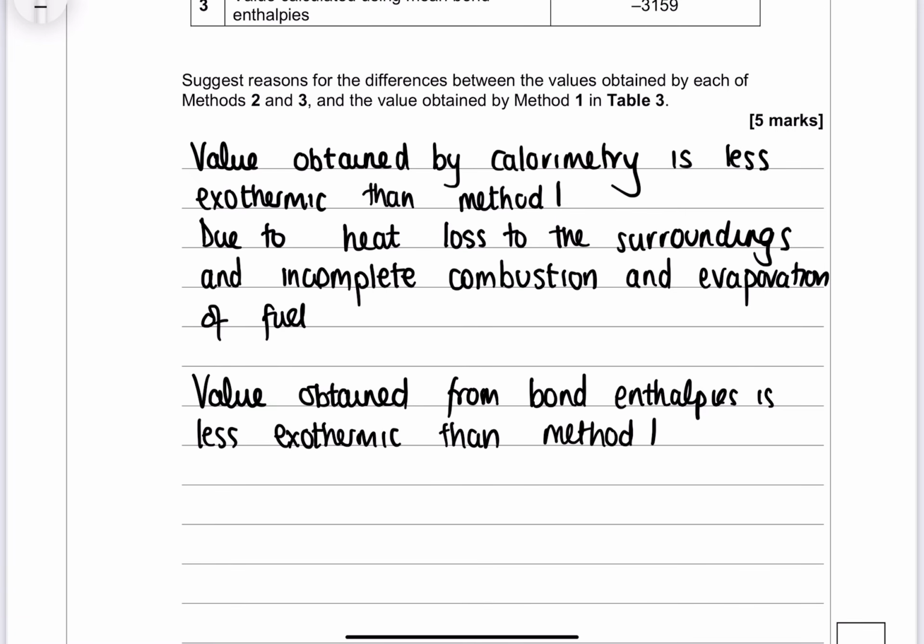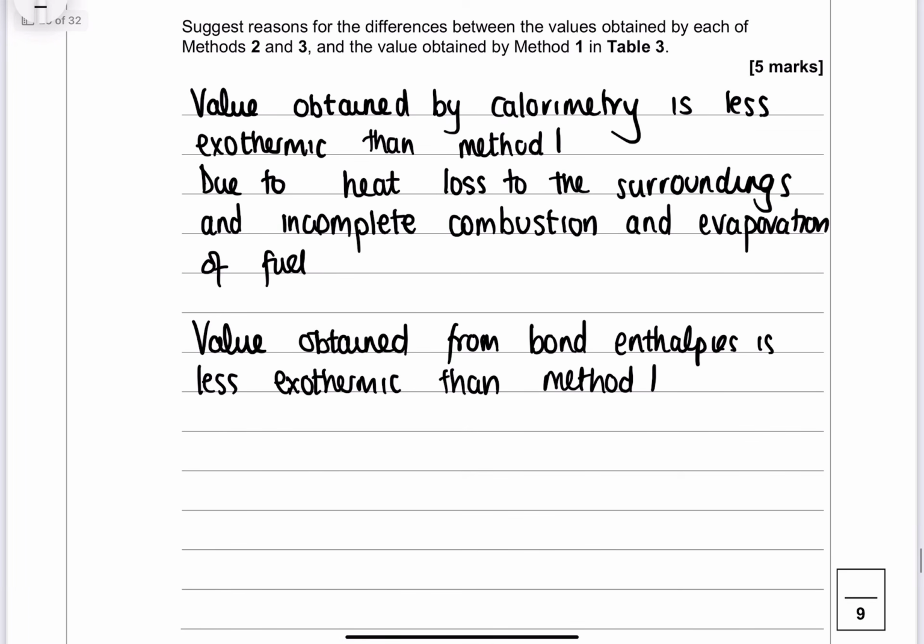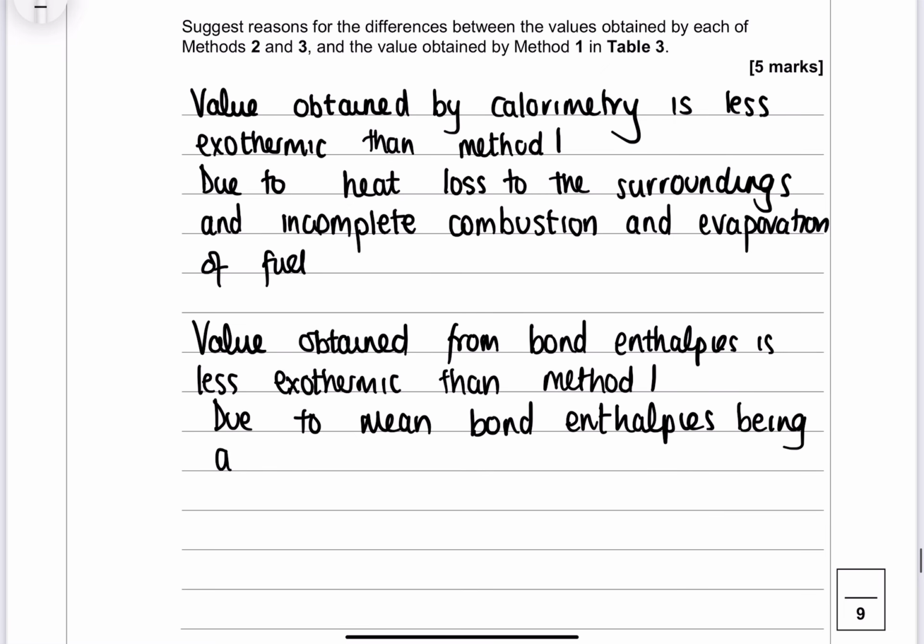Method 1 being like the Hess law way of doing it. Well, that's due to mean bond enthalpies being averaged over a range of compounds, not specific to these compounds,